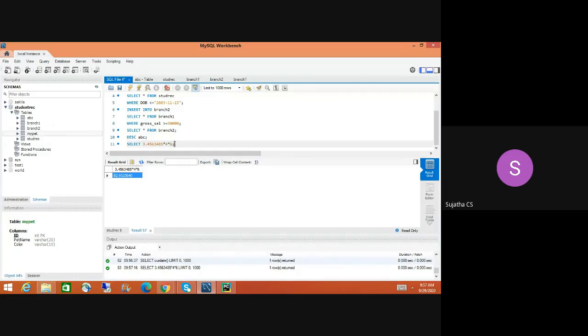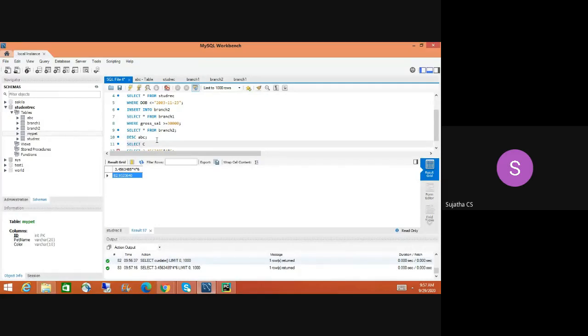Okay, guys, you got it right? So there are so many commands here you can use. Later you can check. Select current date, you saw that, right?